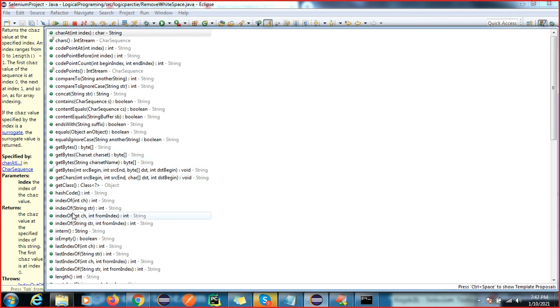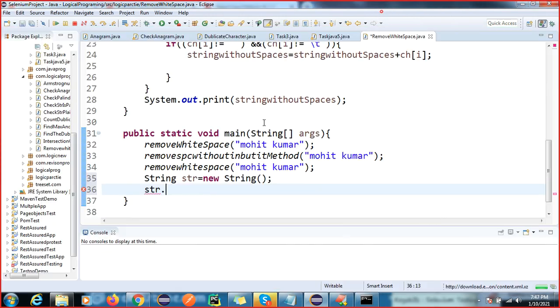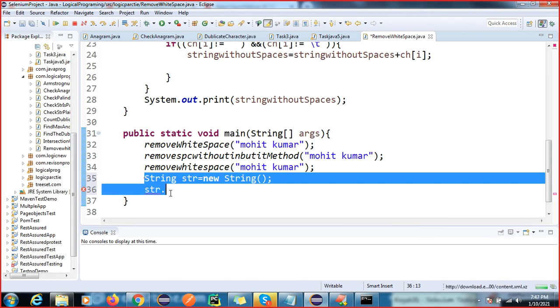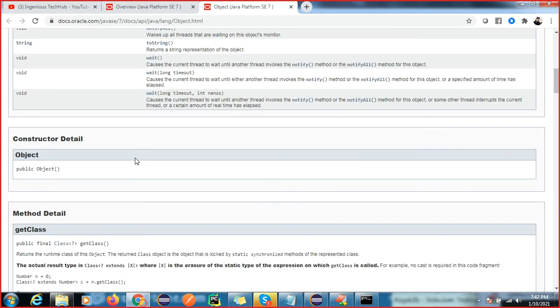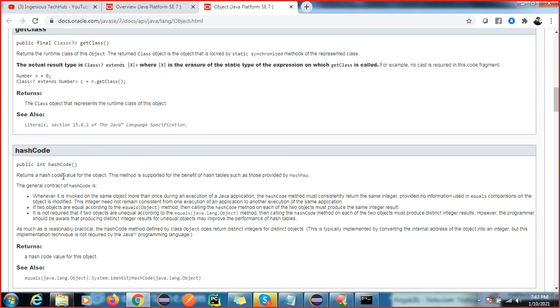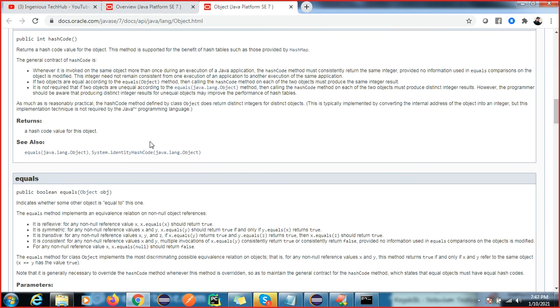We also have the getClass method and the hashCode method. I did not inherit these methods here, but by default they are there. Or you can go to the documentation and check whether the String class has the Object class or not.